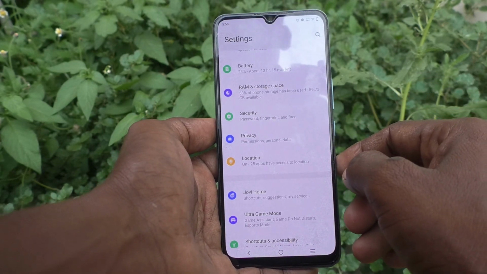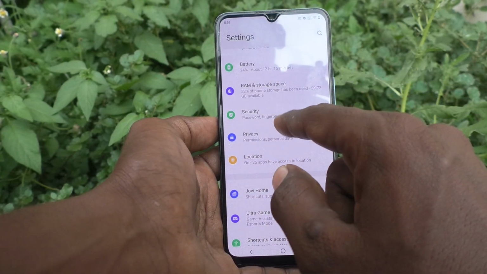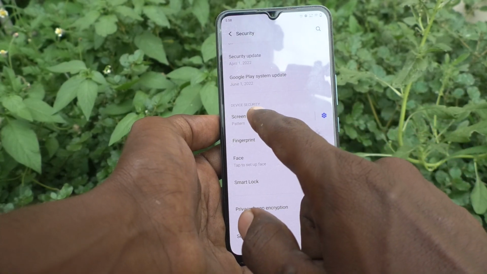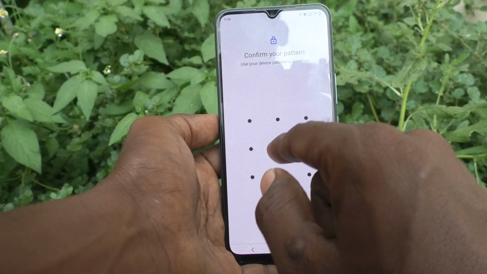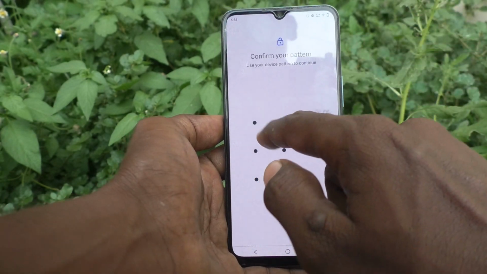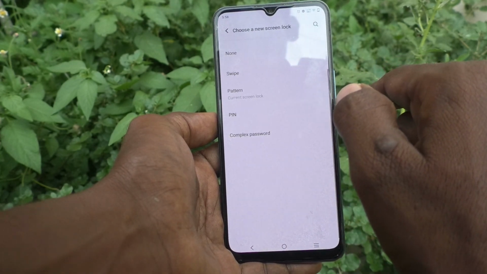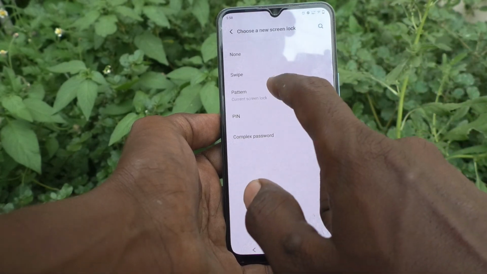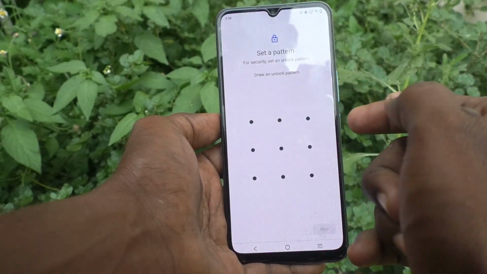For that, go to the settings and I click on security. Now click on screen lock and it will ask again pattern to verify. You have to view the current pattern now. This is the current pattern, and if you want to change the pattern, click on pattern again and draw different